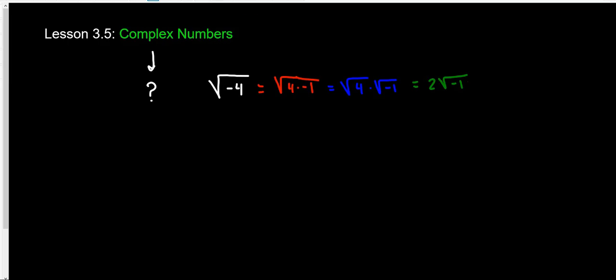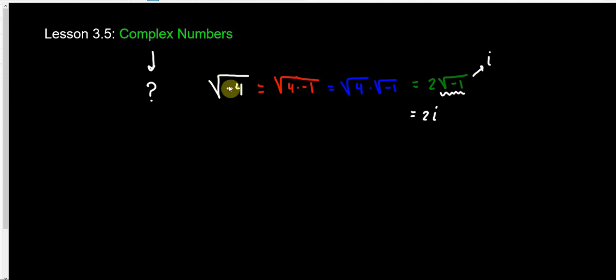but I'm still left with this piece on the end, the square root of negative 1. So what complex numbers do is say, hey, let's make some number system where this can equal something. Let's call this square root of negative 1 i. So I can say I have a number 2i. We're going to make a whole number system out of any square root of negative 1 is just i,